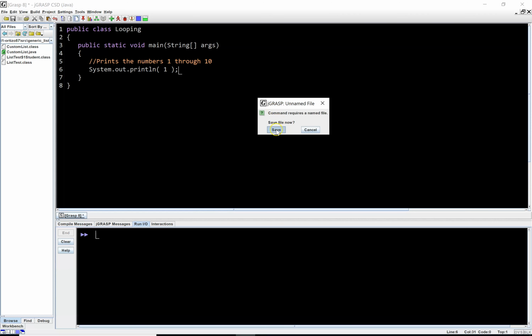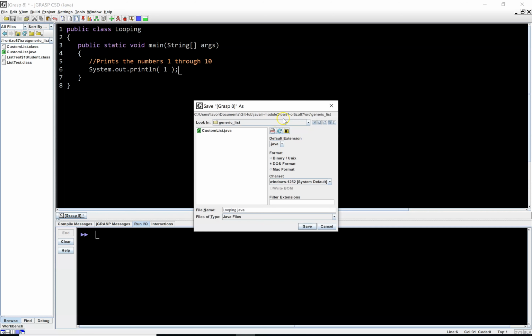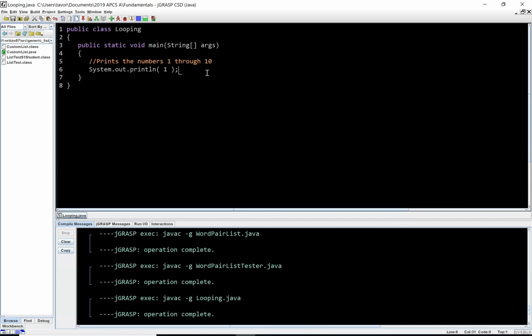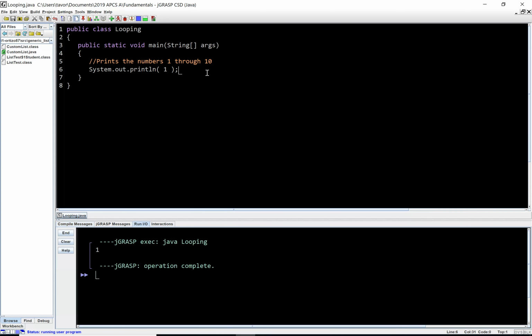I'm going to save this. I'll go here, and under AP Computer Science A, we'll go to Fundamentals. Looping is a fundamental concept, and I'll save it here. It compiles without any error, so Control B compiles, and then I'm going to run Control R, and it prints a